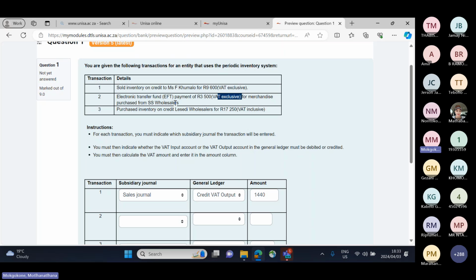And we said under cash payments journal, we record all cash paid out by the business. Money coming out of the business must be recorded under one journal. You must choose the correct answer, which is cash payments journal,